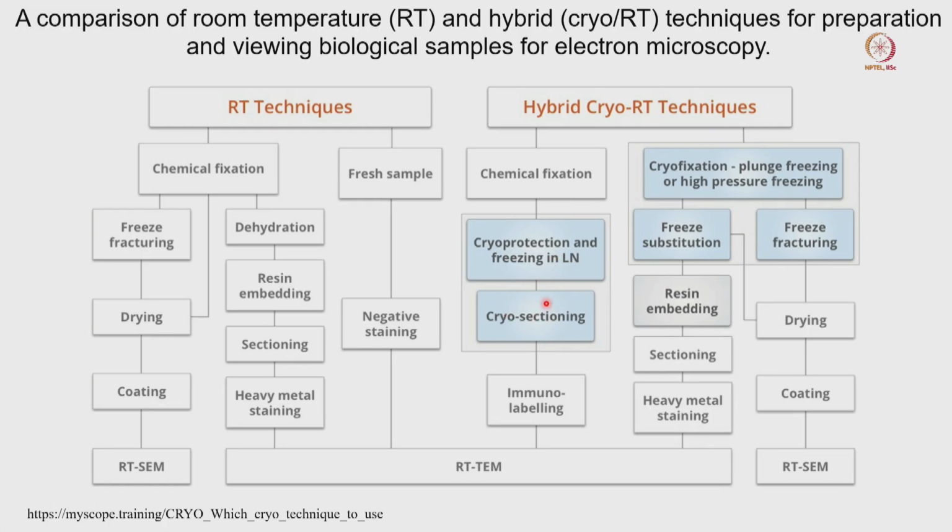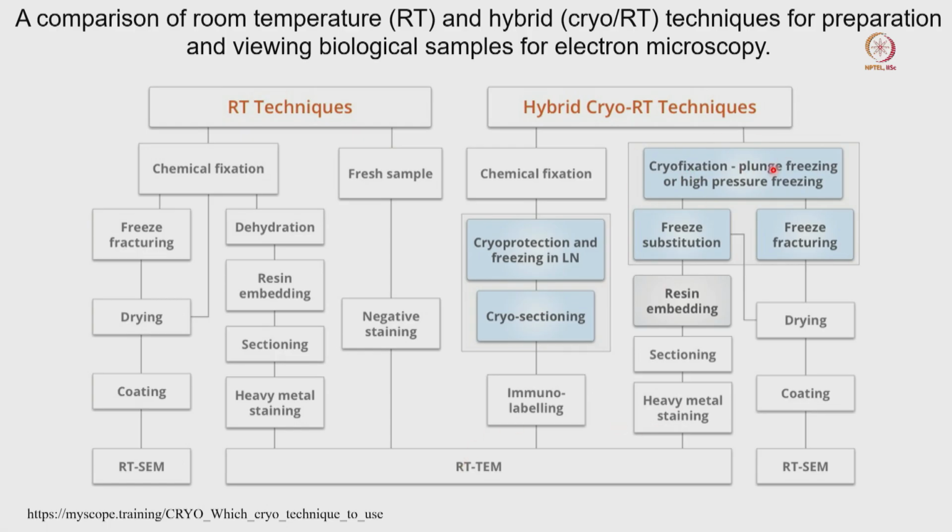When you have the cryosections, you can use those samples for immunolabeling and figure out which organelles we are talking about. If you consider that mitochondria have some particular receptor, and you have an antibody against those receptors, and the antibody carries a gold tag, it will go particularly to that region and interact with this mitochondrial receptor, and then the gold particle will be deposited near the mitochondria. So, it will help you to identify what receptor we are targeting or what protein we are targeting inside the cell.